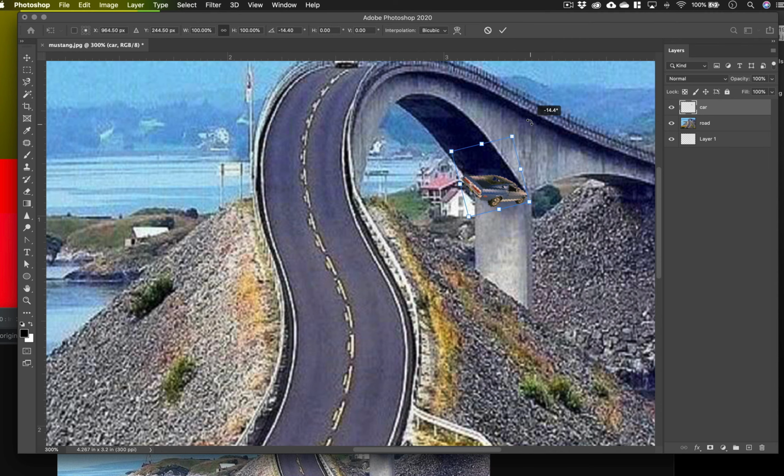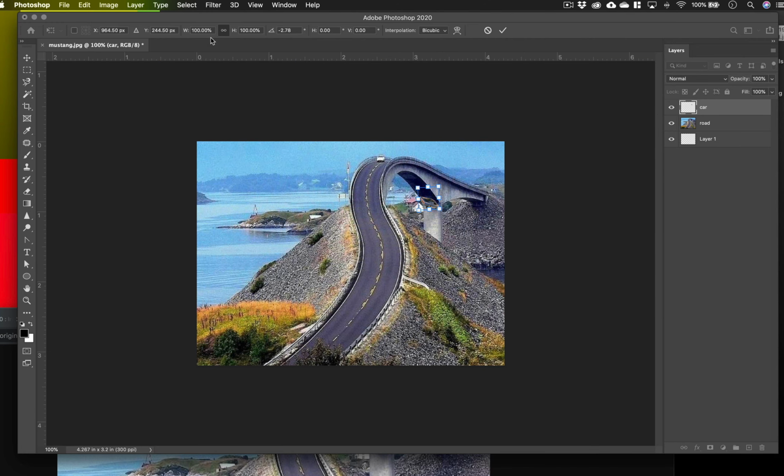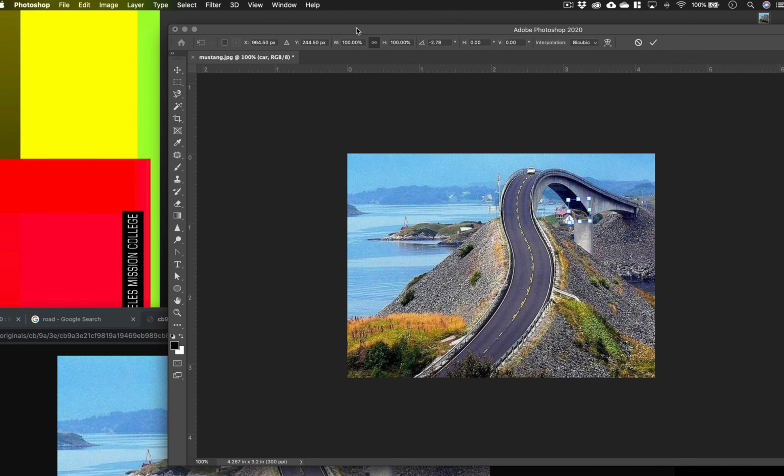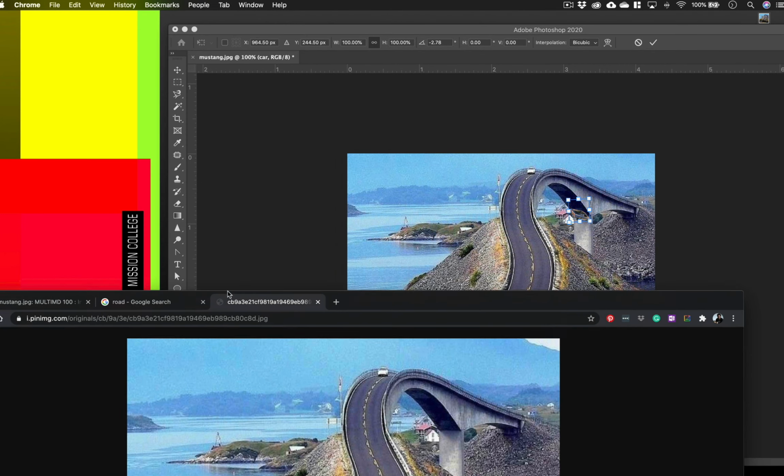By the way, for the rotate, again, you don't go right on the corner, you go above the corner, and that gets you that rotate there. There's some other transforms we can do too, and we'll do those in a later tutorial. I will talk about different kinds of transform techniques. We don't need to really talk about them here. All right, so that is our selection demo number 2 in